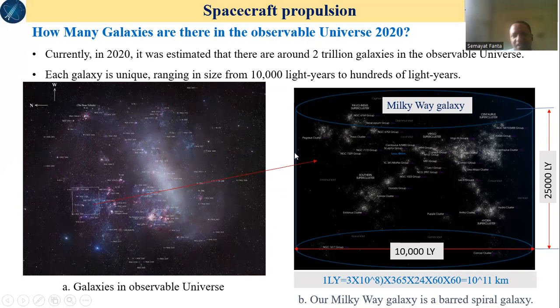So this is our Milky Way galaxy. What is the dimension of our Milky Way galaxy? That is what I want to tell you. Diameter of Milky Way galaxy is 10,000 light years, and the height is considered